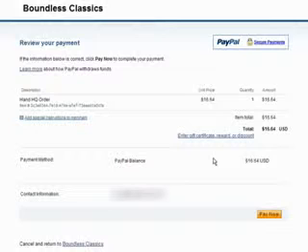And you can see here that PayPal is showing me an overview of my order, and I will just accept this. You can see that the parent company is shown as Boundless Classics, and if you're buying from HandHQ, you should just ignore this. It's because HandHQ are owned by a company called Boundless Classics. I'll click Pay Now,